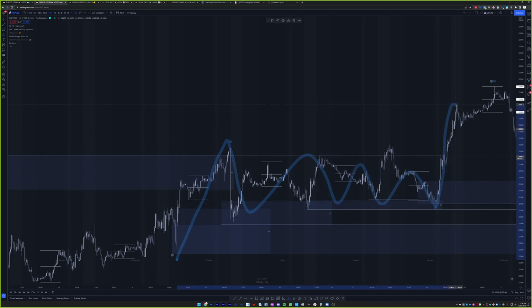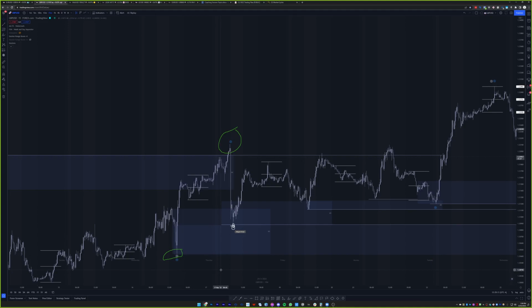Yeah. I'm glad you marked that. Because I'd seen people in GU who didn't, but that was my swing structure right there. And there you go, Shane. I'm glad you've just marked that exactly like that, because I was questioning myself over it. This would be my swing low on the 15 minutes.